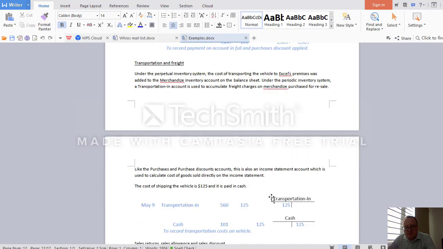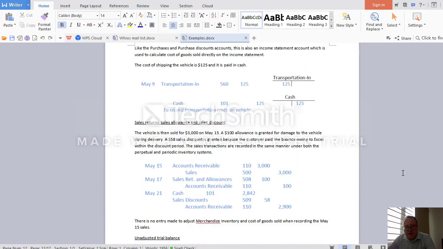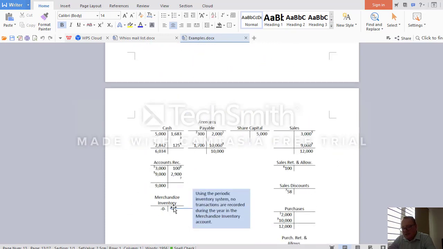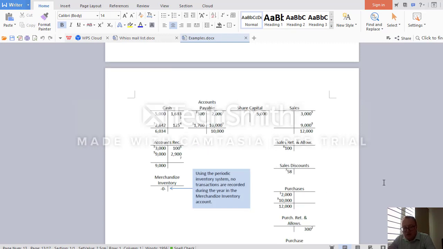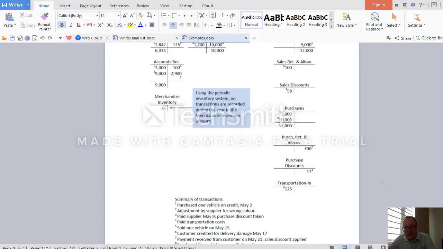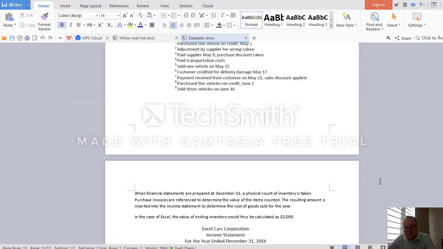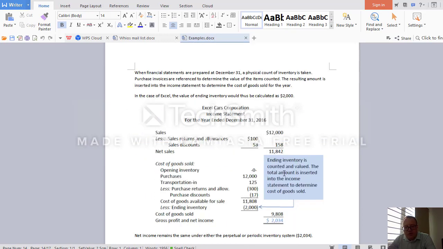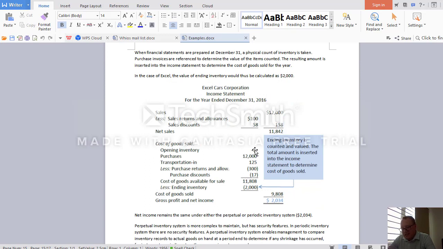So let's scroll down, and you prepare the relevant journal entries and unadjusted trial balance. In merchandise inventory there will be 0, and of course there will be no cost of goods sold account. It's not here, and then you will need to determine the cost of goods sold. So you will have opening inventory. In our case it is 0, doesn't have to be, can be something else here. Then you will add purchases and other expenses, and less purchase returns and discounts,